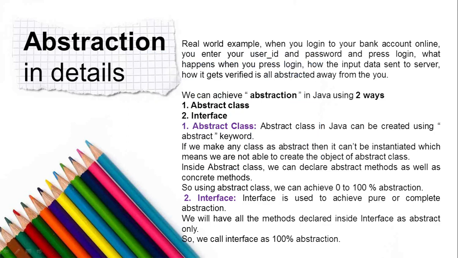One way to implement abstraction in Java is to use abstract classes. Another way is by using an interface. An interface provides pure abstraction, that is 100% abstraction. One thing is the same as with the abstract class: for an interface also we cannot create objects. But in the case of an interface, we don't have the capacity to provide normal methods. Here all the methods defined inside the body of an interface should be abstract methods only. So these are two ways to define abstraction in Java.